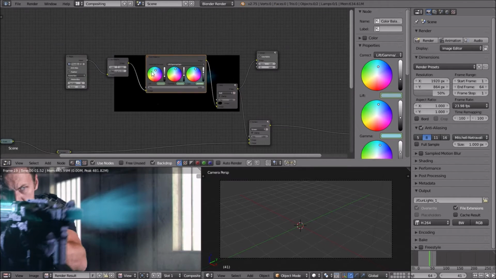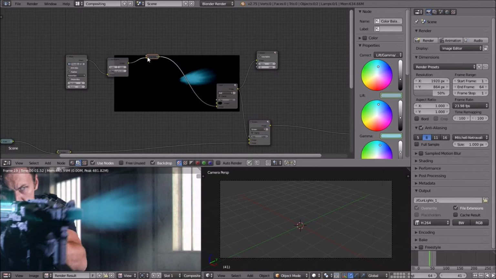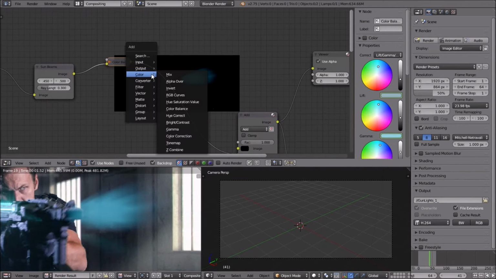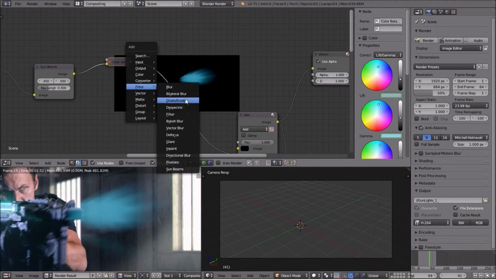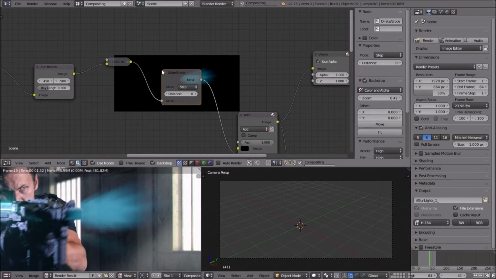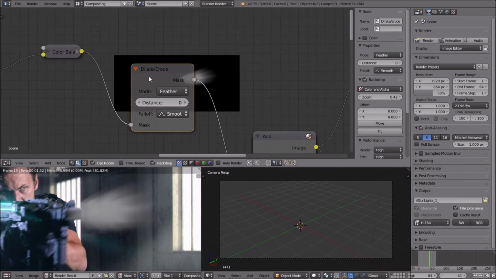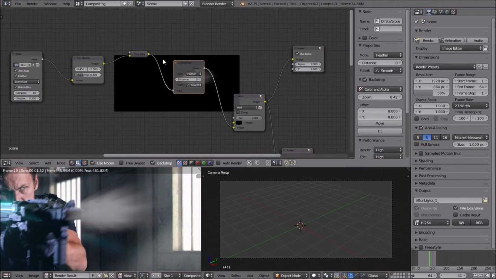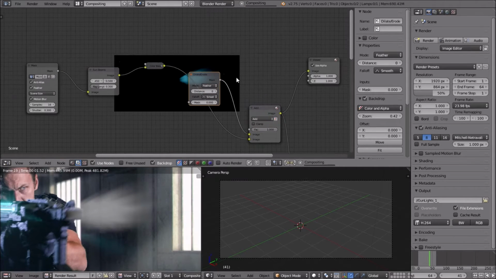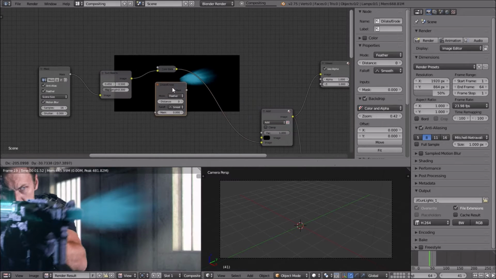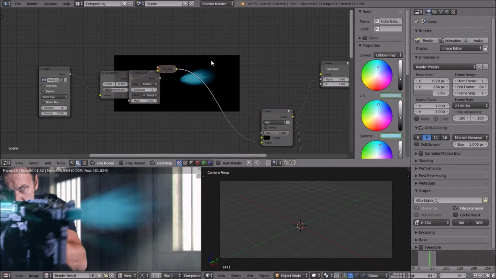Right there. But we can do better. And what I mean by better is you can do this really cool effect called Dilate or Erode under Filter. And I do that, and I like to set it to feather. What did I just do? Oh, don't set it after the color. Set it for the color. Somewhere in between the color balance